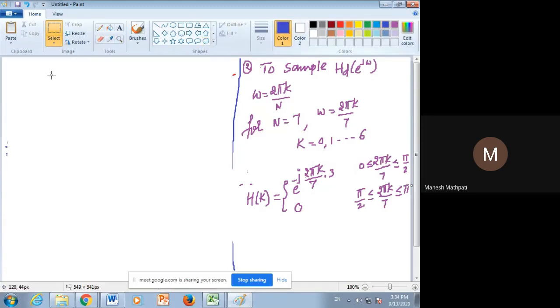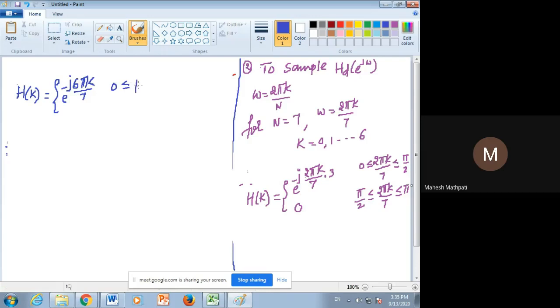H of k is equal to e power minus j 2 into 3, that is 6 pi k divided by 7, for the value 0 less than or equals to